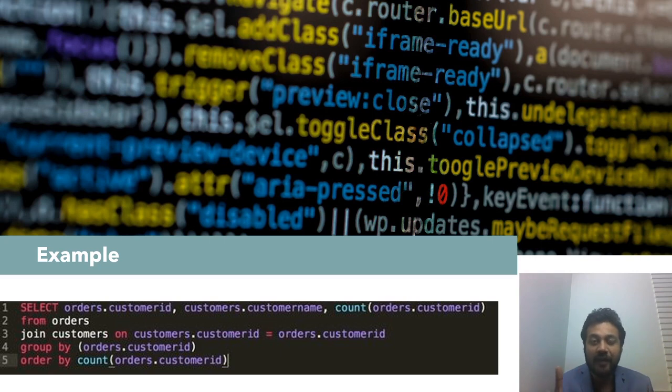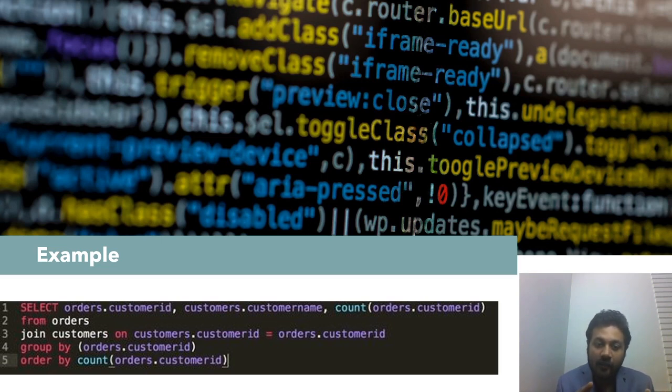For example, if you're working in sales or marketing, let's say you are into e-commerce. Now you have data about customers, the customer ID, and the number of orders they've placed. You want to fetch the data and see the different customers, their customer ID, their name, and the number of orders they have placed so far from your platform. This can be done through this simple SQL query that you see in front of you.